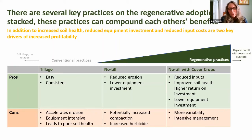No-till, we're going to move up one rung on that regenerative ladder, and we're going to get to reduced erosion. And we got the lower equipment investment, but then what we saw when we first switched to no-till was we had more compaction, and you need to use more herbicide because now you don't have that tillage step in there, or steps in there, to help take out weeds. So then when you move on to no-till with covers, which is where we've been at for close to 50 years now, we've been able to reduce inputs. We've been able to improve our soil health, lower our equipment investment, but